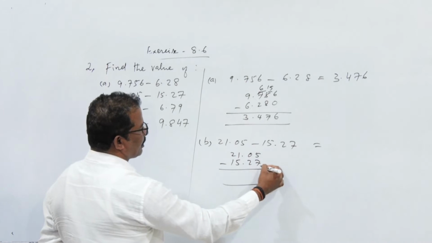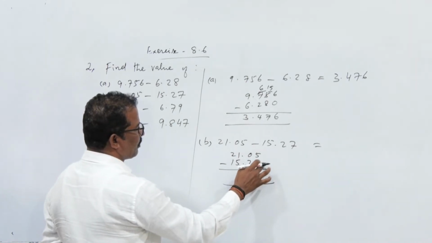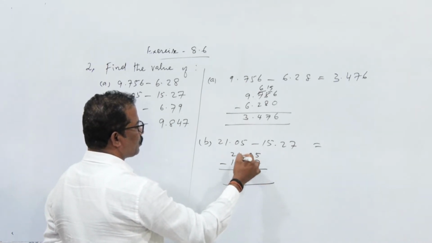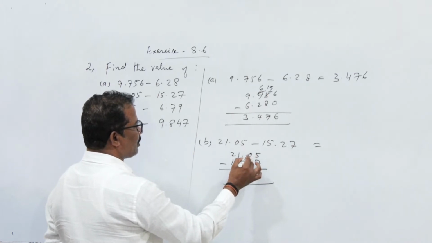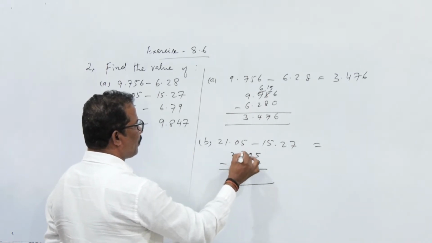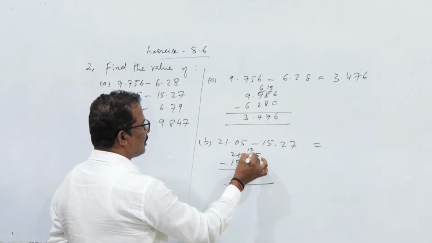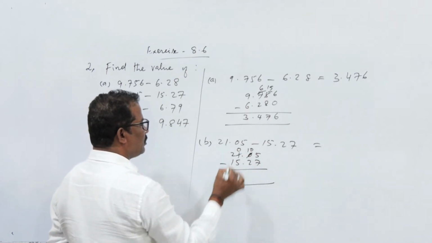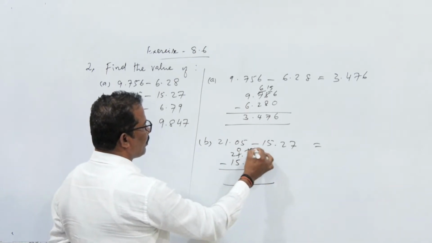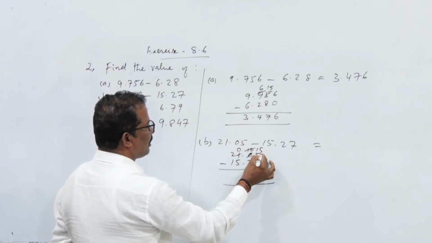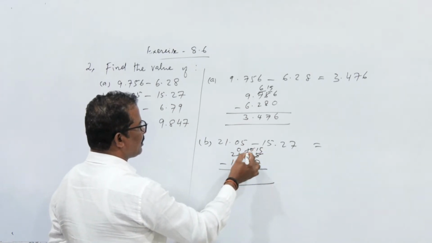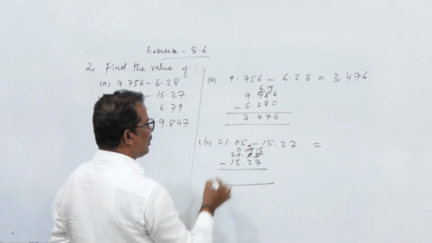From this 5 we are not able to subtract 7 because this is smaller, this is bigger. So we have to borrow. But here also 0 is there. From 0 we can't borrow. So from 1, if you borrow here, this number will become 10 and here 0 only. From this 10, we can now give 1 to this 5. It is now 15 and here 10, from 10 1 given means 9 remaining.